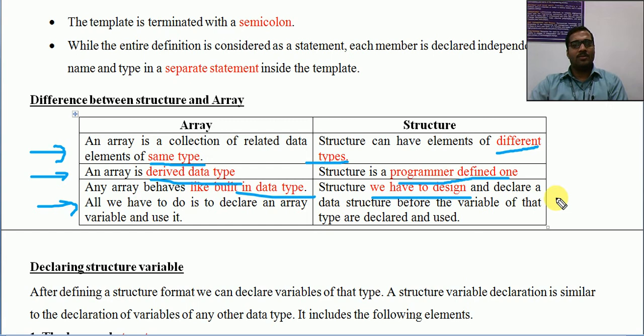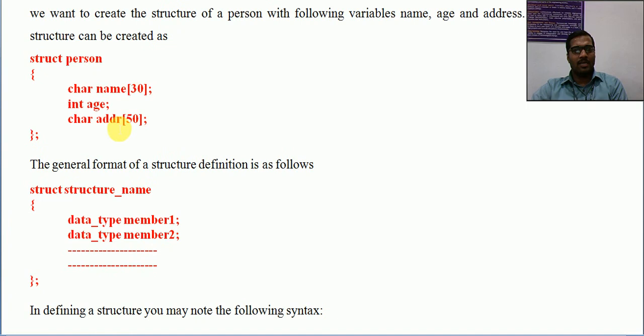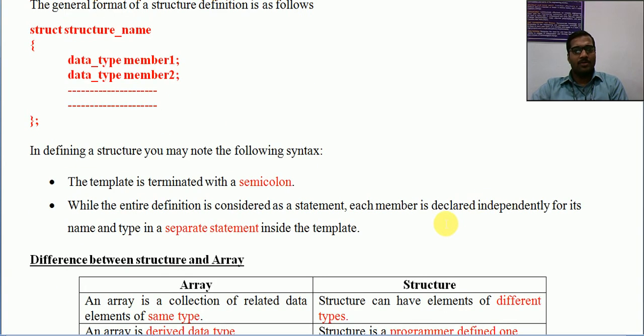Okay, now how to declare? By using the above syntax, we have already declared a structure, so a different type is being created. Now, after having the type, if you are having a type like integer, I can declare a variable like int a. Similarly, if struct person is available, I can create a variable like a. If a is of type person, that a will be having the properties name, age and address. I can declare b of type person, which will be having the properties name, age and address.